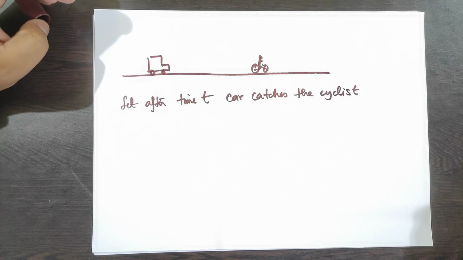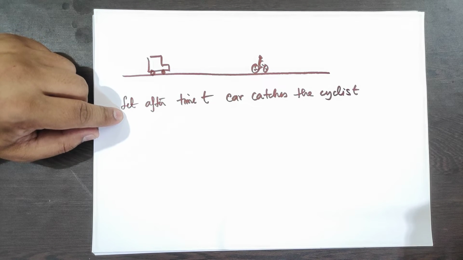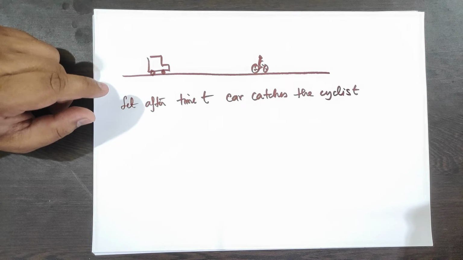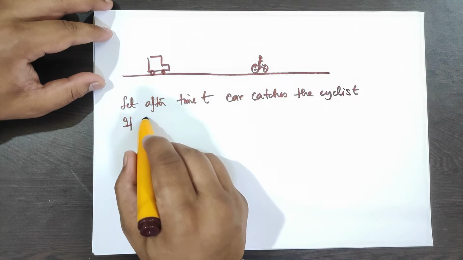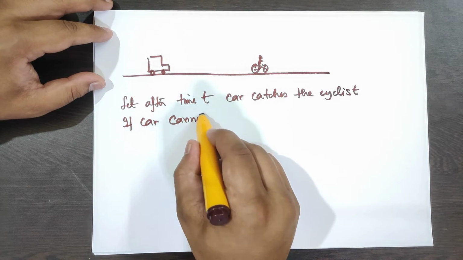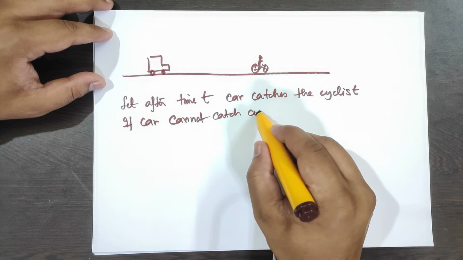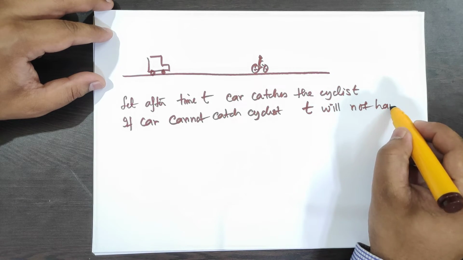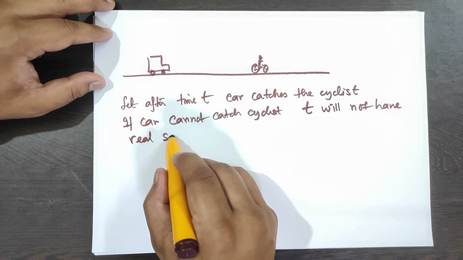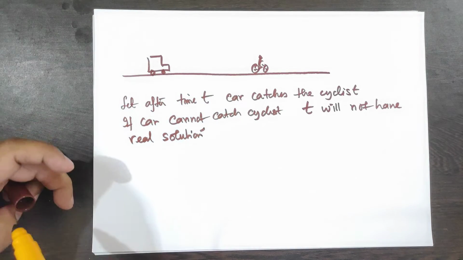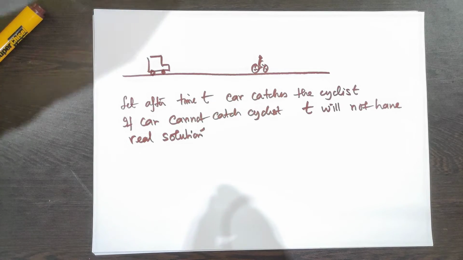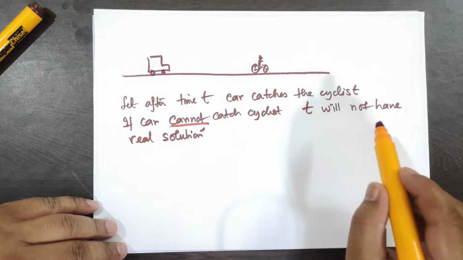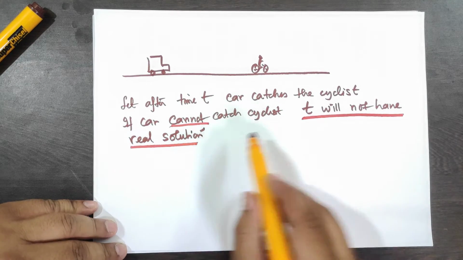Now our whole plan is like this. You will get an equation in t, and the solution of the equation will not be real. If the car cannot catch the cyclist, t will not have a real solution. That's the whole plan behind solving the problem, right? If the car cannot catch the cyclist, t will not have a real solution. Okay,